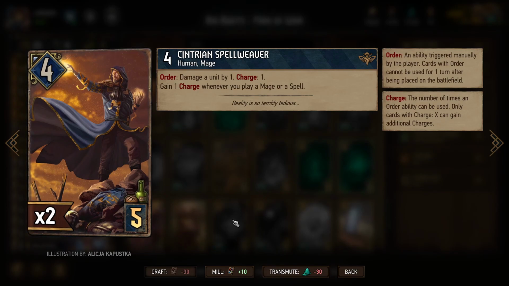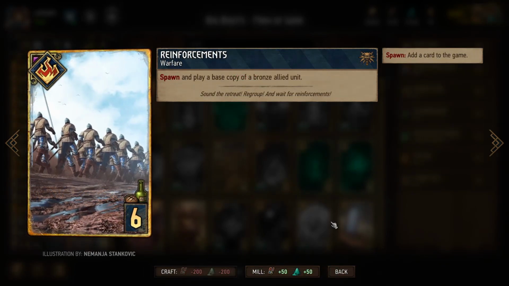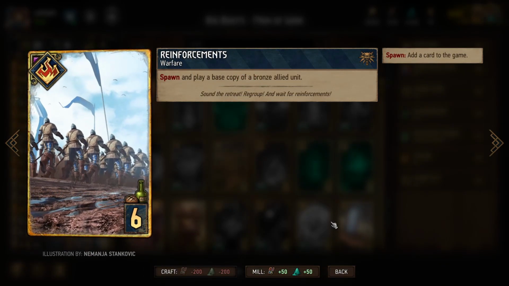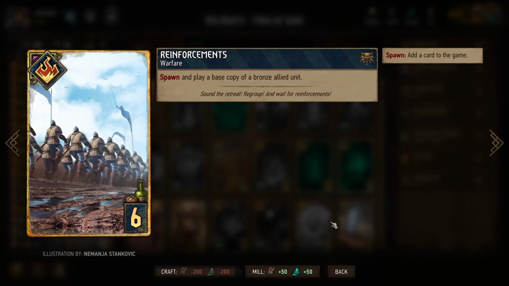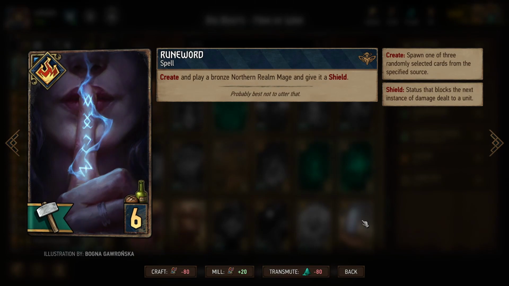So that means we're going to create as many copies of this card as we can, and play as many spells as we can to get these guys charged up and deal tons of damage. The way that we'll do that is by playing Reinforcements, which is a special card, so we play it twice, so we get to create 2 additional copies of the Spellweavers, as well as Runeword, which got a significant rework,